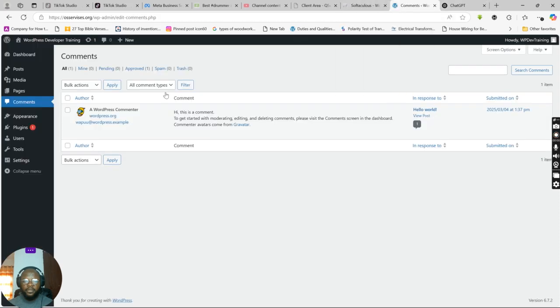Here you can also see sections for comments. You can see all. You can see mine. That's the comments of a particular person that is on the account. Now the admin is the one that is logged into the account. So if he drops any comment, it will show here under mine. So if there's any comment